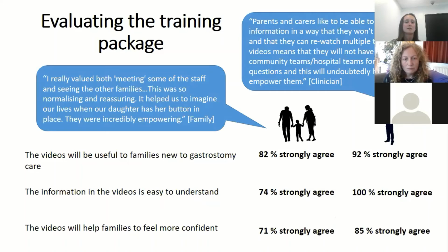And they said, "I really valued both meeting some of the staff and seeing the other families. This was so normalizing and reassuring. It helped us to imagine our lives when our daughter has a gastrostomy button in place. They were incredibly empowering." This sense of empowerment came up time and time again in families' descriptions,